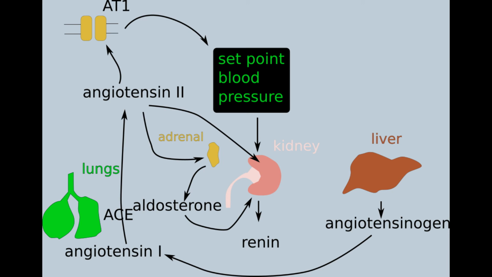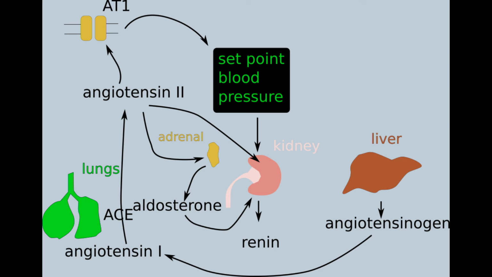So you can see that the renin-angiotensin-aldosterone system is distributed widely around the body and involves many organs: the liver, where angiotensinogen is produced, the lungs, where angiotensin-converting enzyme is concentrated, the vasculature, and the adrenal glands, to name a few. The work of the renin-angiotensin-aldosterone system complements that of the sympathetic nervous system. Whereas the autonomic nervous system responds rapidly to moment-to-moment changes in blood pressure, the renin-angiotensin-aldosterone system is slower and makes